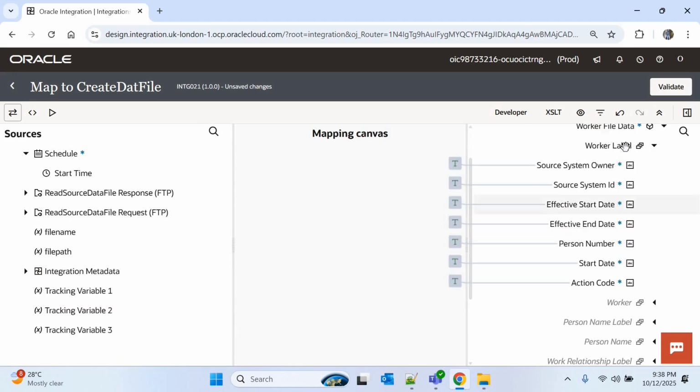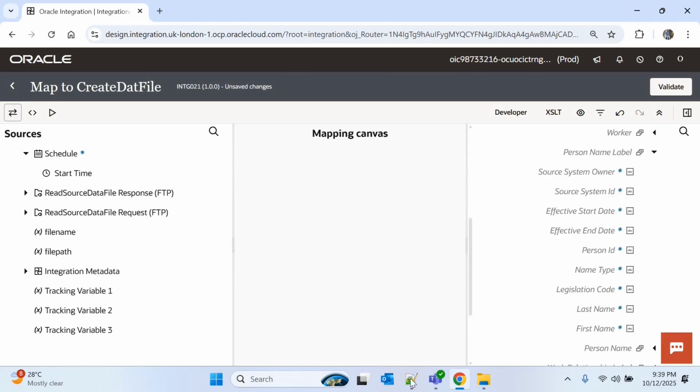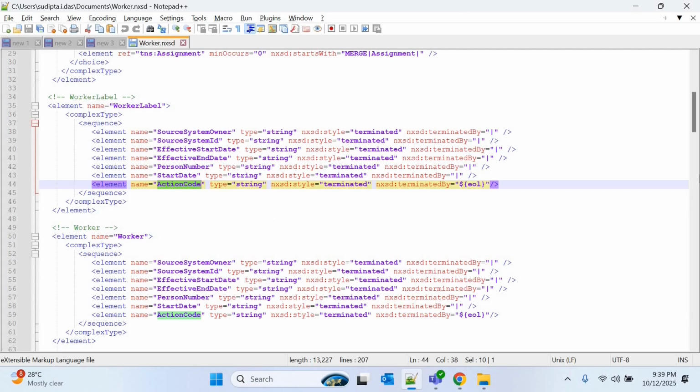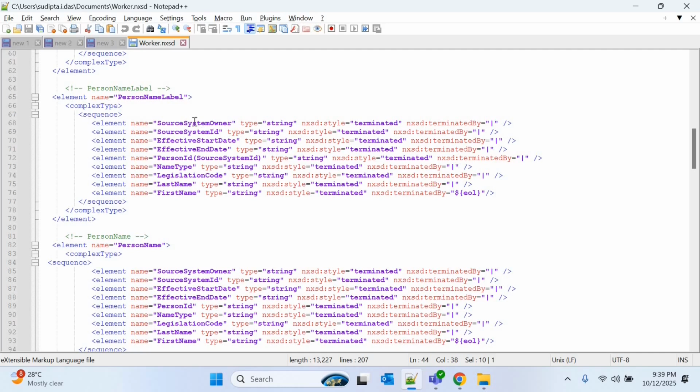So you can see the header worker level is ready. Now I'll expand person name level. Again, I'll go to the NXSD file and go to the person level section. So we'll do the same for person level as well. I'll copy the attribute names from here and paste them in the respective fields of the person name level